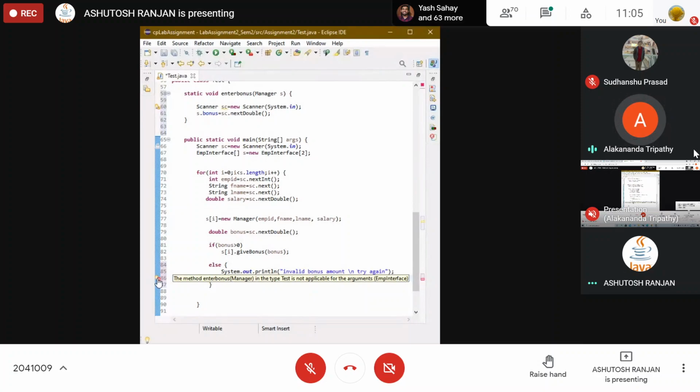ऐसे में काम नहीं करेगा, क्योंकि ये जो मैनेजर एस है ना, वहां पर सिंगल ऑब्जेक्ट है और यहाँ पर तुम ऐरे ऑफ ऑब्जेक्ट डालने की कोशिश कर रहे हो। इवन दो इट इज अ सिंगल ऑब्जेक्ट, इट विल नॉट टेक, वो एरर दिखाएगा। एंटर बोनस ये इंटरफेस का है, वो नहीं दिखाएगा। और मैम, इंटरफेस जो है सिर्फ मेथड दिखा रहा है।